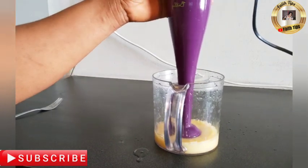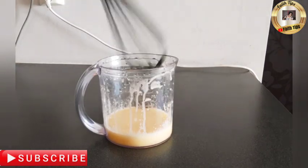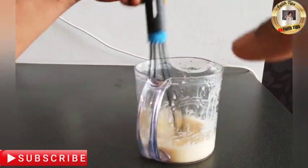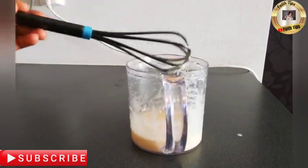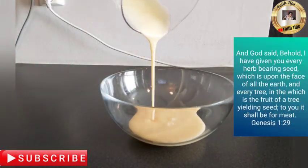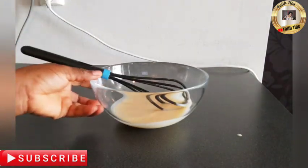So after blending it this way, you take it out and just stir with your spoon or whatever you have. Coffee is very good. Coffee has vitamin B5, vitamin B2, vitamin B3, vitamin B1. Coffee is very good. We turn it to the bowl, and now we are going to be taking the coffee